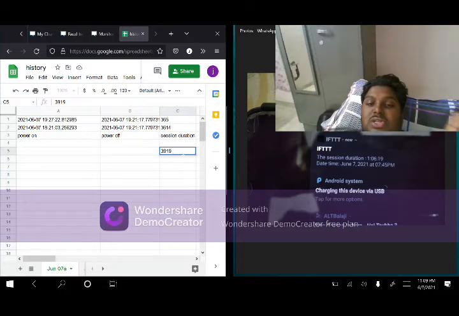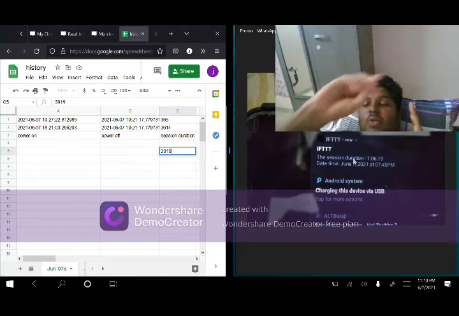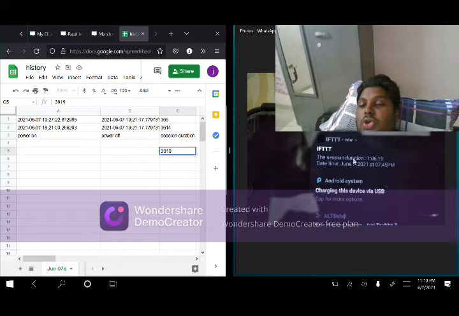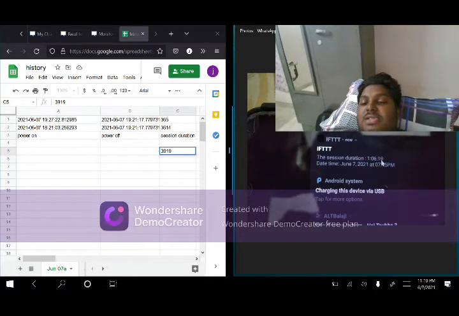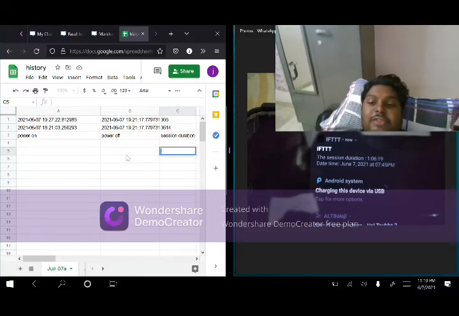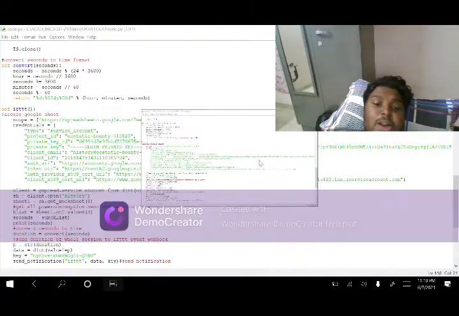So now this 3919 seconds is converted into time. So my total duration, the entire session, I had consumed the power for 1 hour 6 minutes 19 seconds. So that is what is written here: 1 hour 6 minutes 19 seconds the power is consumed. Date time June 7, 2021, 7:45 p.m. So let's see how this IFTTT notification is achieved, which is the final part of this program.